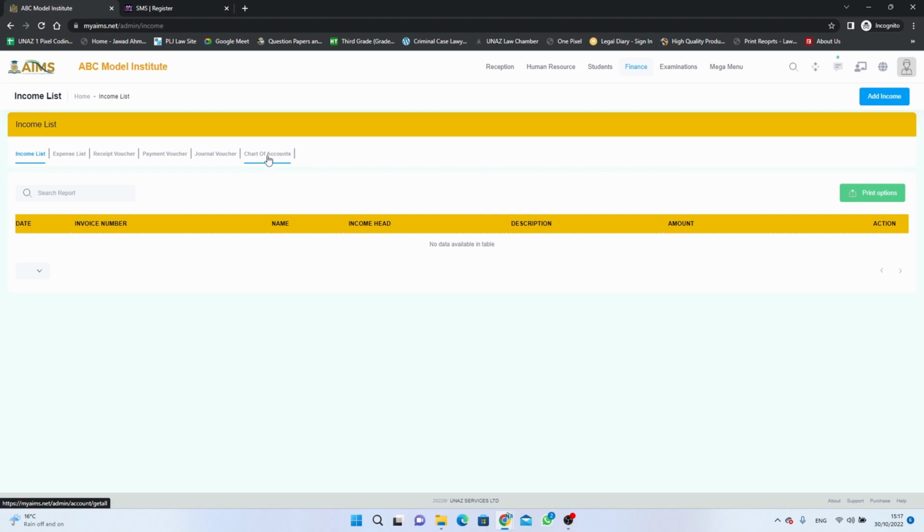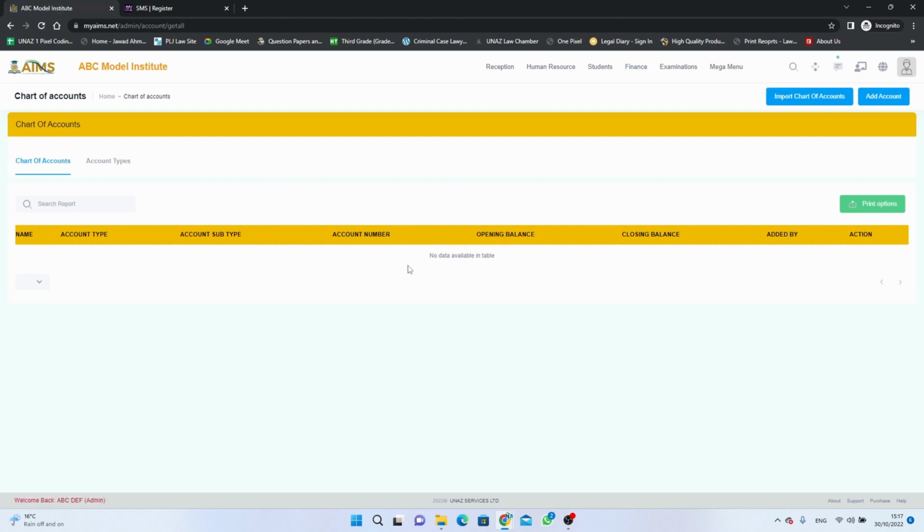So we need to go to chart of accounts first, because without chart of accounts we can't make any kind of transactions. So here you can see that there are no chart of accounts headings or titles or accounts. So we need to import the chart of accounts first. Import. If you click on this button, accounts are adding, and if you just refresh it,